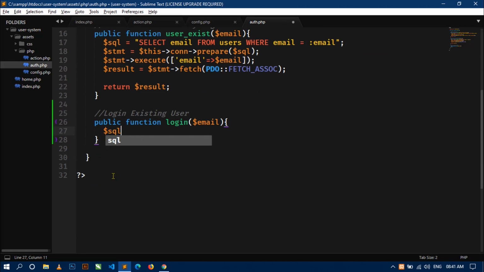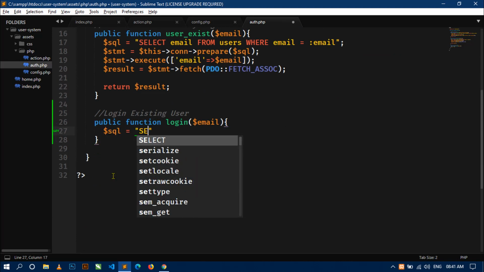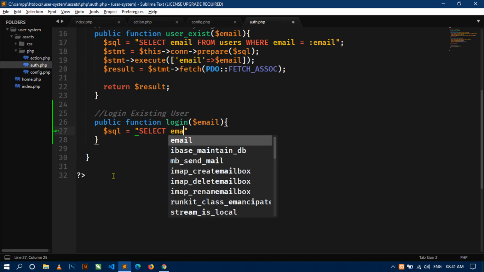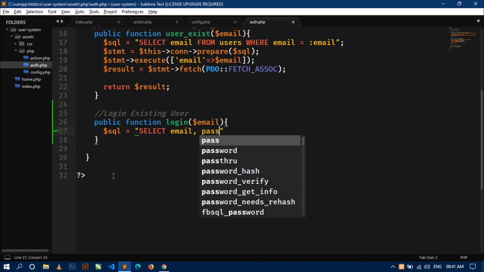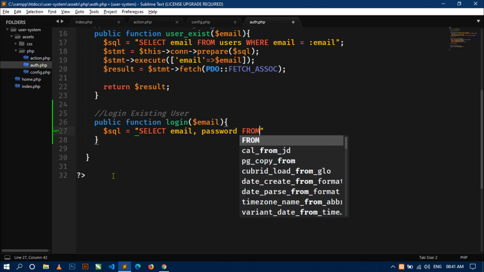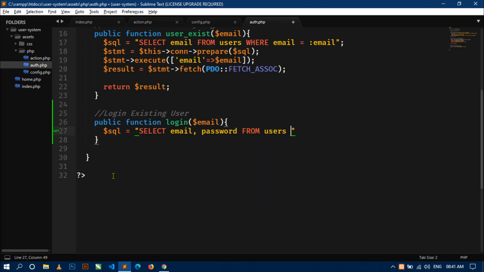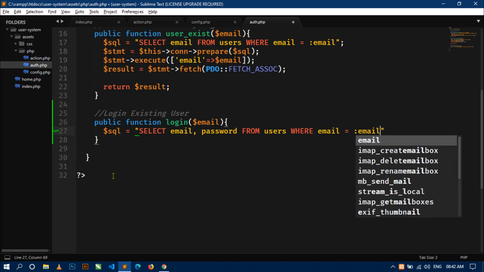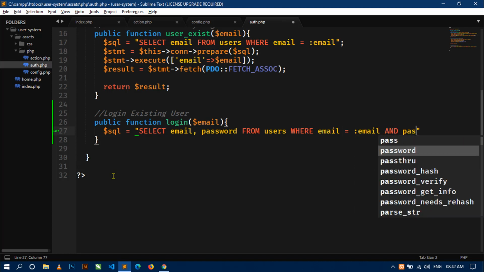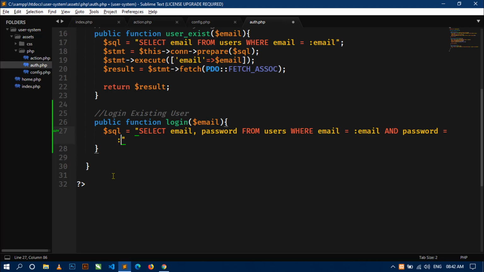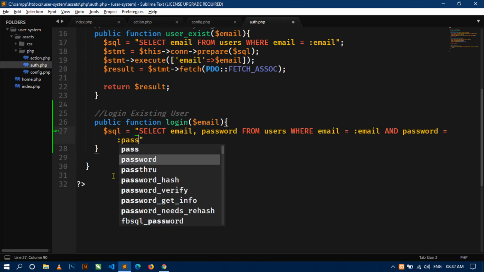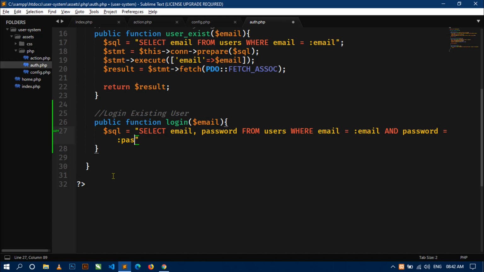Now first I will write the SQL query, and here I will write select email, password from users table where email equal to placeholder email and password equal to placeholder. Here I will not use password, I will only use email. Okay,